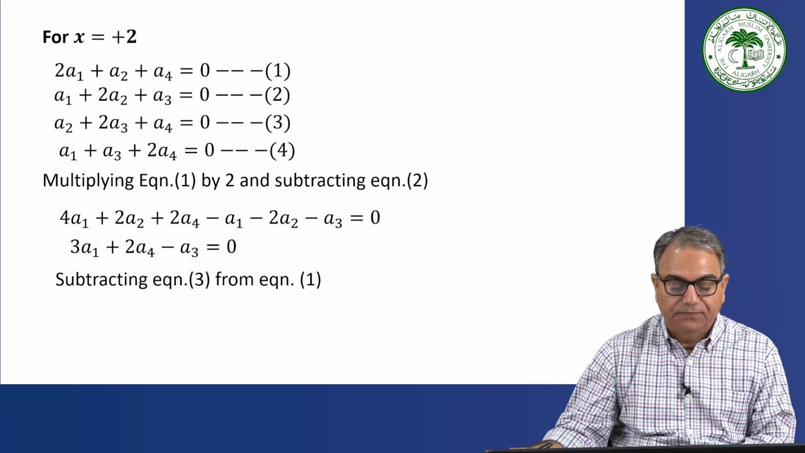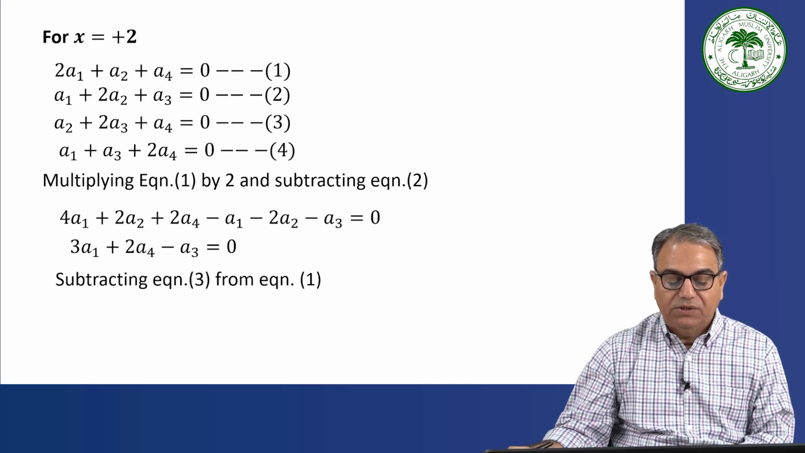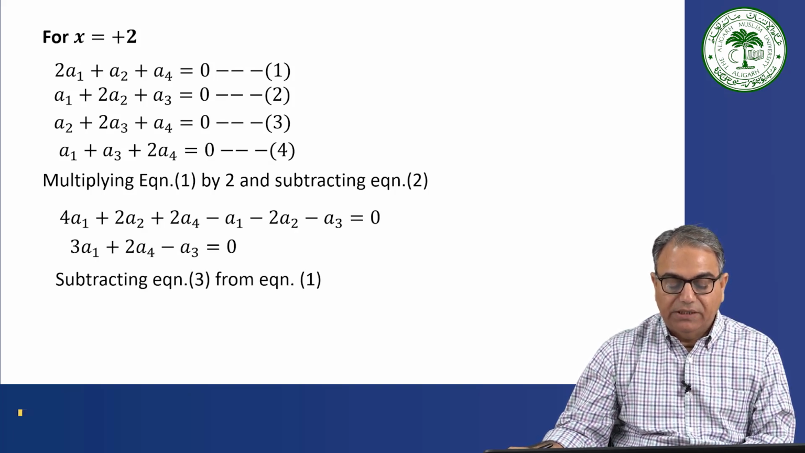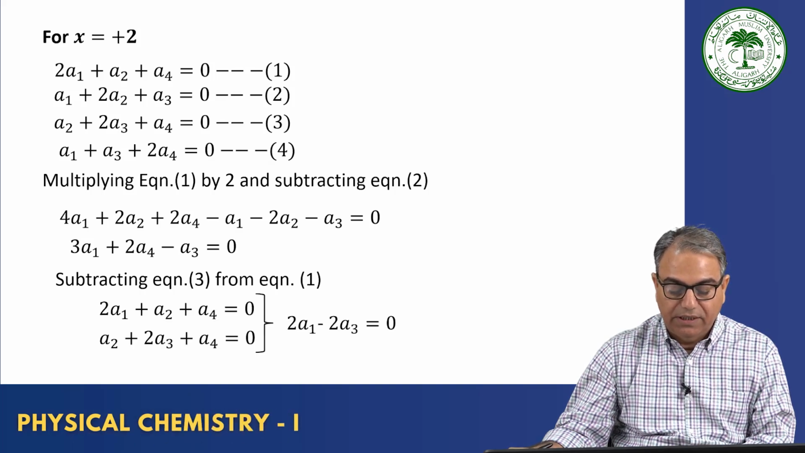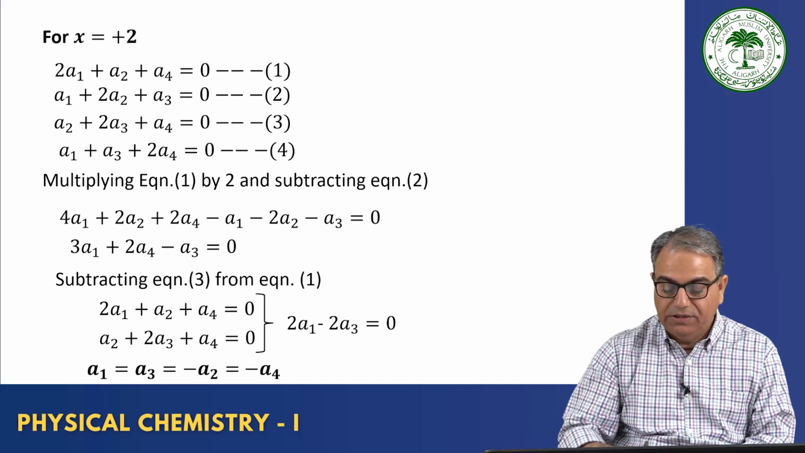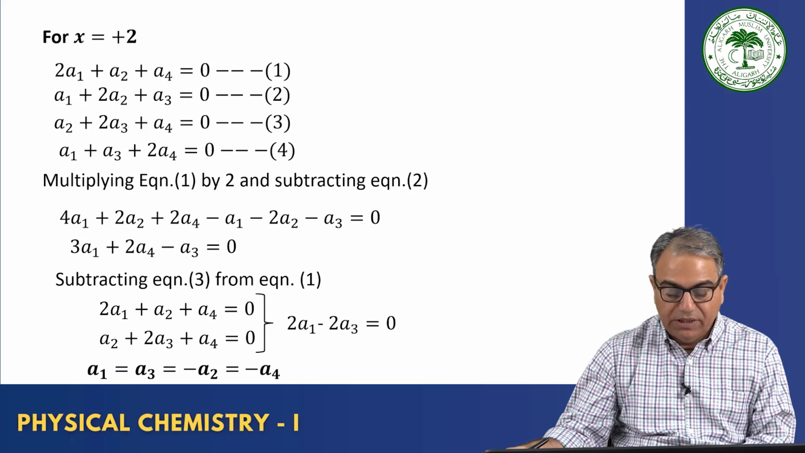So what you get is 3a1 plus 2a4 minus a3 is equal to 0, and then subtract equation 3 from equation 1. So if you do that, you get this one, and finally what you get is a1 is equal to a3. a1 is equal to a3 you get, and if you do the further,